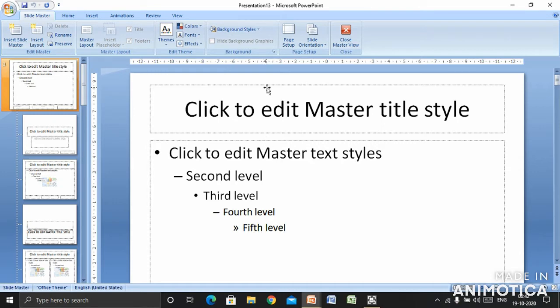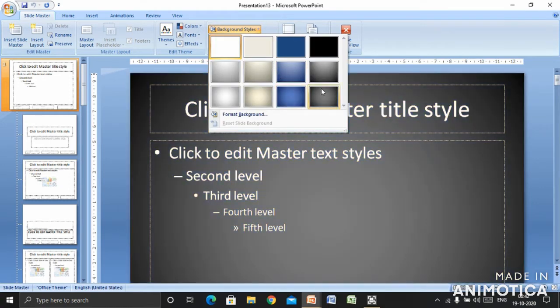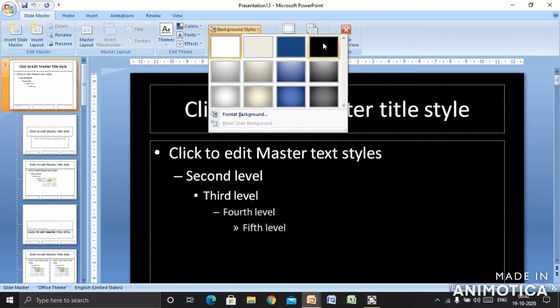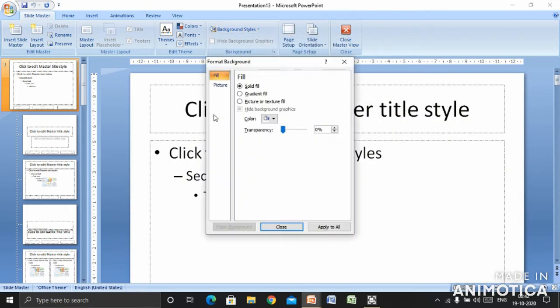Now let us see how we can change the background style. Click on the background style in the background group. You can notice the changes on the slide. Further, we can also change the background style by clicking on the solid fill.